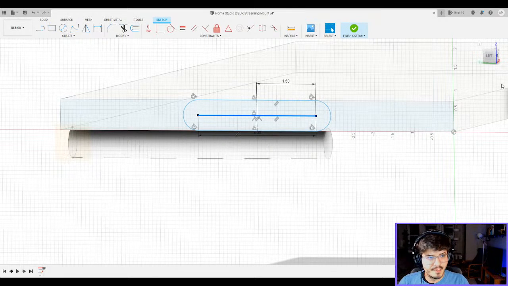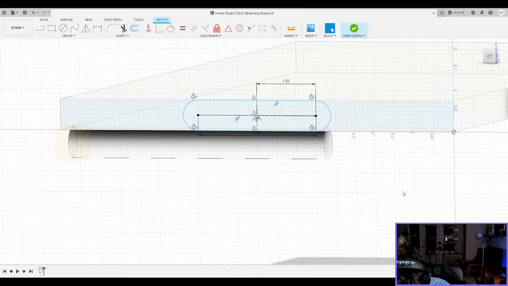I'm going to turn this back into a construction line since I don't exactly need that. These points I'm going to use later on to create the screw holes, which I don't think I have here, but let me just pull up my old notes to see if I have dimensions on screws.